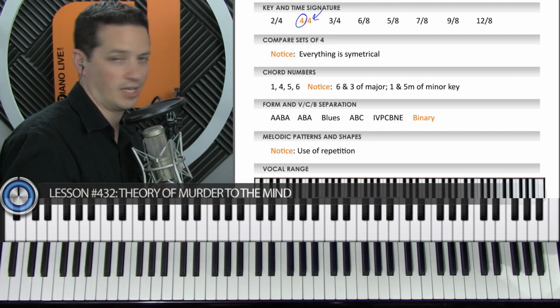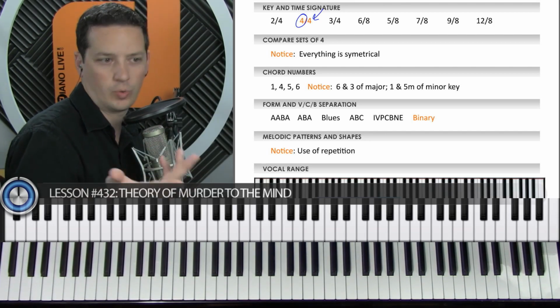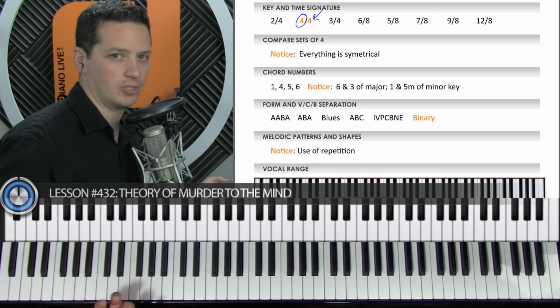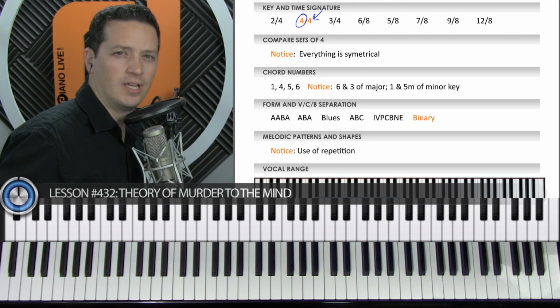And then like if she's got a solo in there, then that's going to be over the verse or the chorus, which is the same exact thing. It's hard to tell when she's playing a solo if she's playing over the verse or playing over the chorus because the chords are the same.